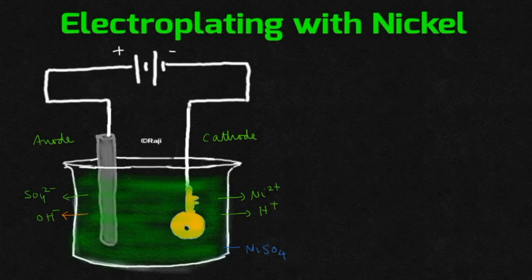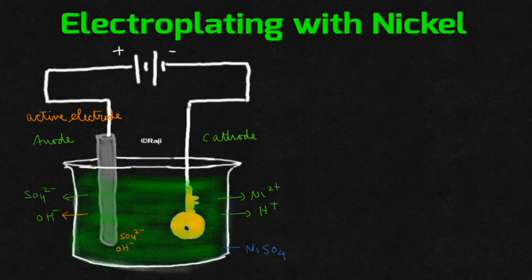Now, what will happen at the anode? This time, we have connected the nickel rod to the positive terminal of a battery. Remember, the nickel rod here will act as an active electrode. Platinum and graphite electrodes will not participate in the electrolytic reaction. But whenever a metal electrode is connected to the positive terminal of a battery, it can take part in the electrolytic reaction. The anions present in the solution, sulfate ion and hydroxyl ion, will slowly move towards the anode. But both of them will not get a chance to be discharged.